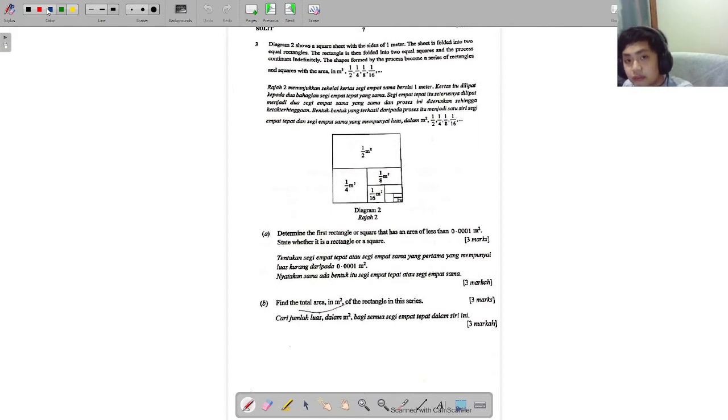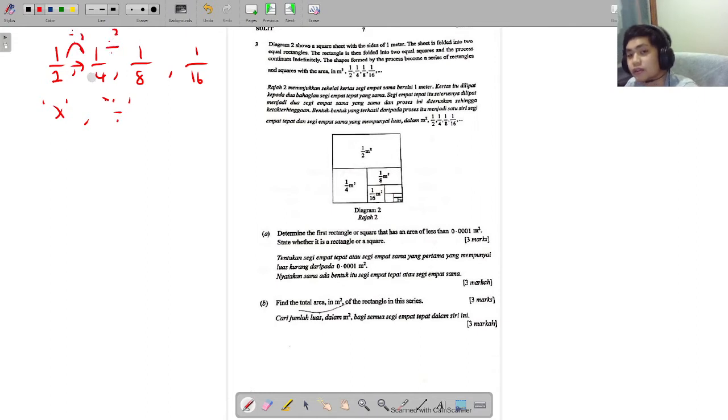So first of all, let's look for when we are able to reach that. By looking at the progression, we know that it is a geometric progression because we are working with an R, right? Geometric progressions usually work with times and divide. From this simple progression, we can see that it's dividing by 2. The pattern is just dividing by 2, right? So we know that R is 1 over 2, and we know A is also 1 over 2. So we want to look for when the area becomes 0.0001 meter square. So we're going to take Tn